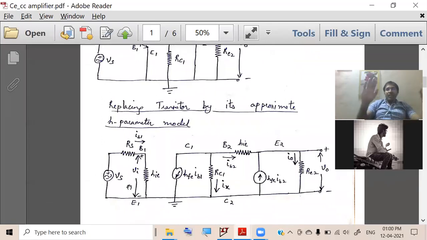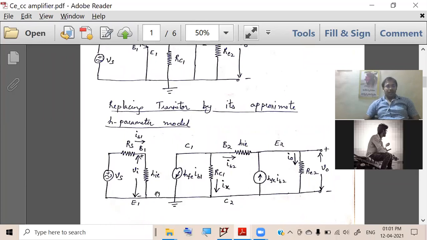All we are doing is simple KCL, KVL mathematics, that's all. First AC equivalent, replace the transistor by its approximate model, then KCL, KVL. Simple steps. These steps you have to do carefully. Any circuit you should be able to boldly answer. There is no rocket science here. Very simple things we are doing, but too many simple things is giving us a big equation. What is Vs here? Anybody answer?